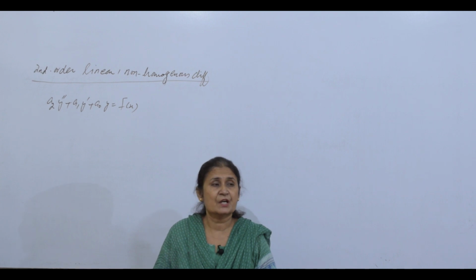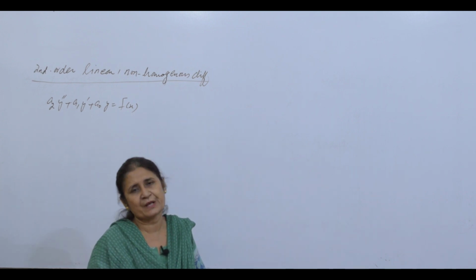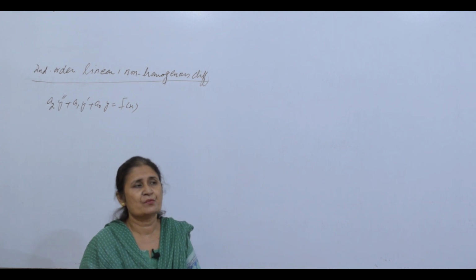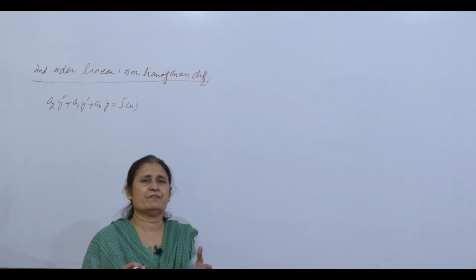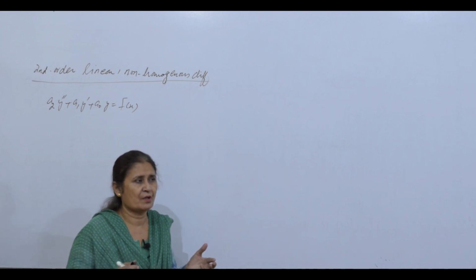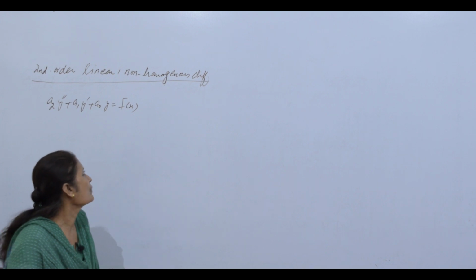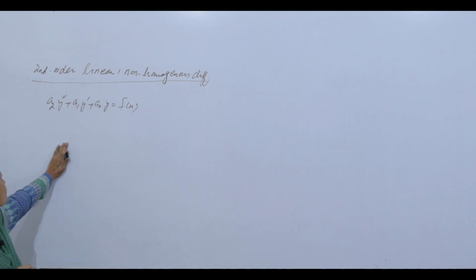But if it is sine square or cos square, you can interpret it with half angle formulae, so that we have worked with sine alpha x or cos alpha x. So we do not have something square. For the square, you can bring it into half angle formulae. So this is going to be the differential equation which is non-homogeneous.